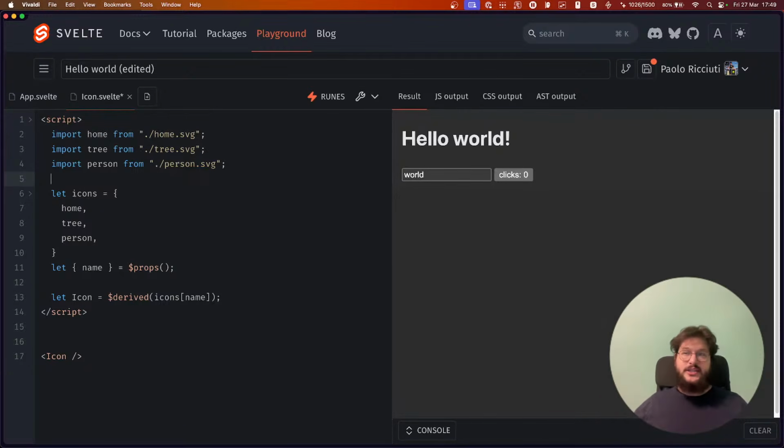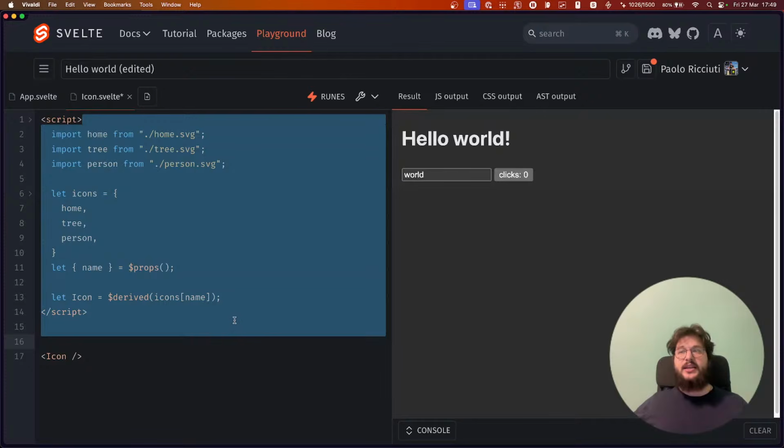Now the issue with this kind of component in Vite is that if you have, I don't know, 1,000 icons, then every time you use this component everywhere on the page, you will import the code for all the 1,000 components, which is not what you want. So the alternative to that could be that you actually import the icons lazily.